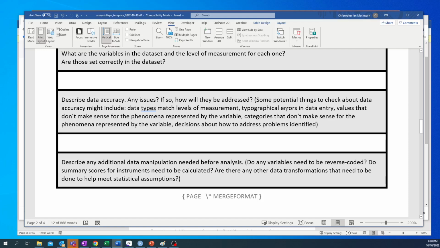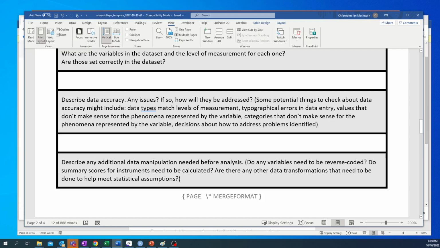Are there any typographical errors in data entry? Do we have any values that don't make sense for the phenomena represented by the variable? An example might be a height of 10 feet. There are very few humans that have ever reached that height, or just really extreme values that may not make much sense. It's a good chance there was a data entry error, and that should be investigated and corrected before you